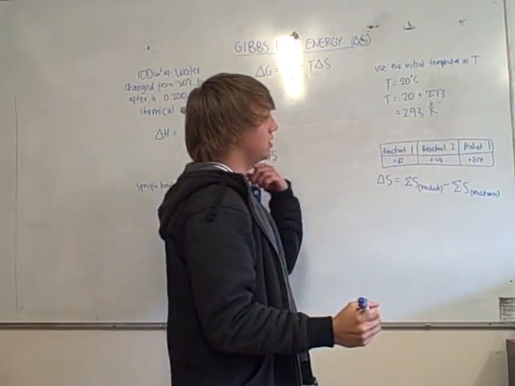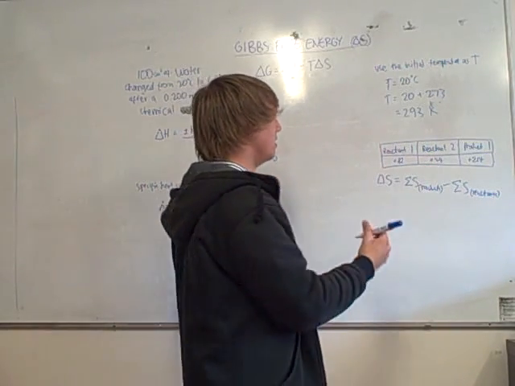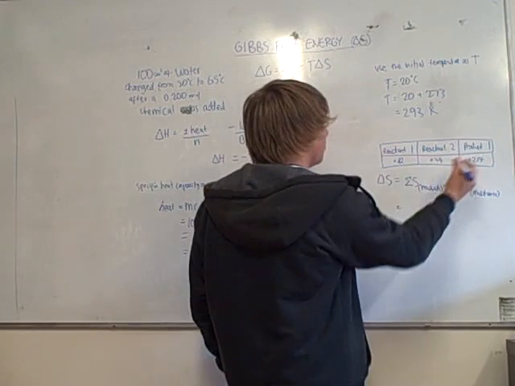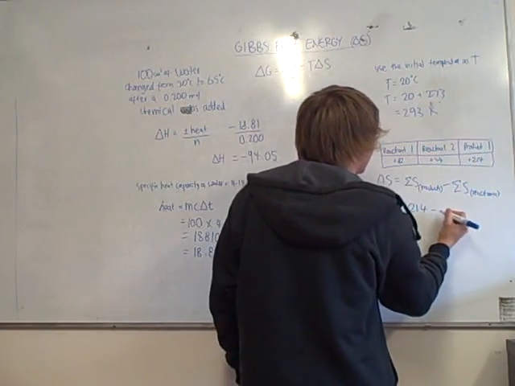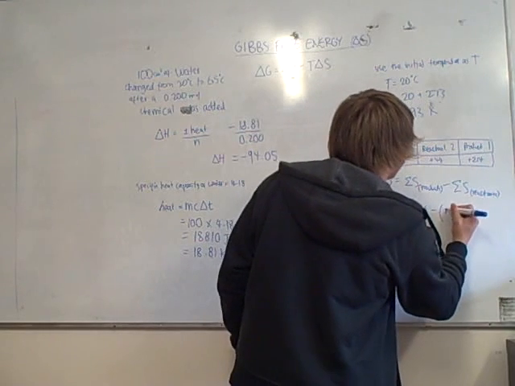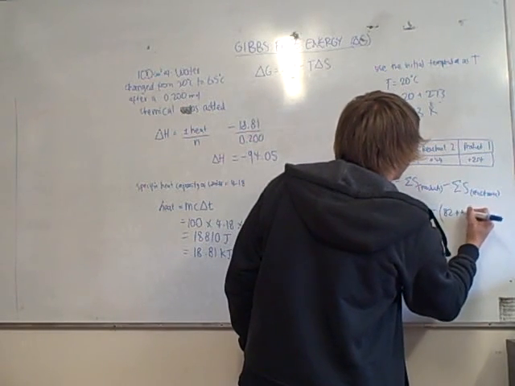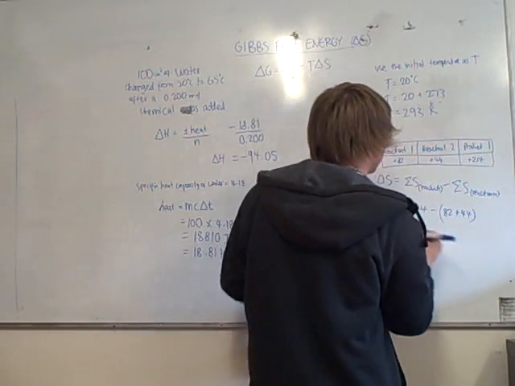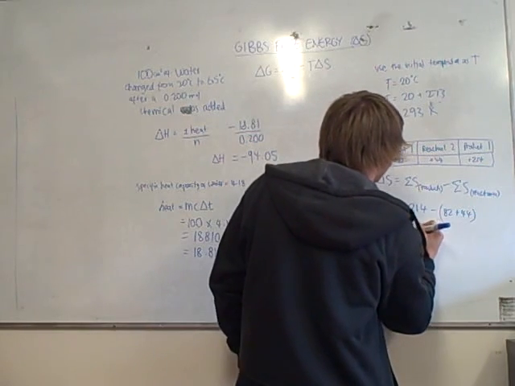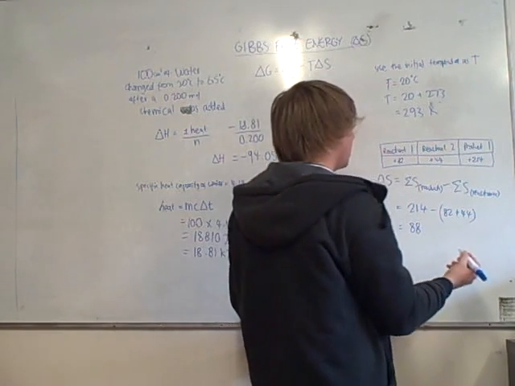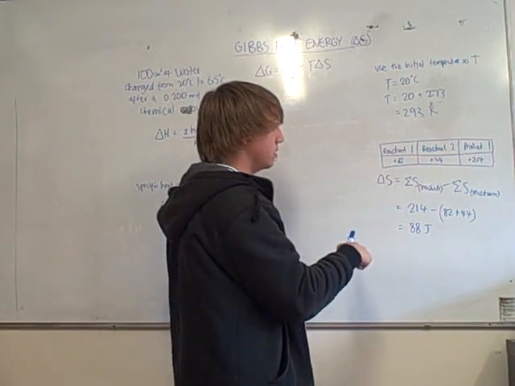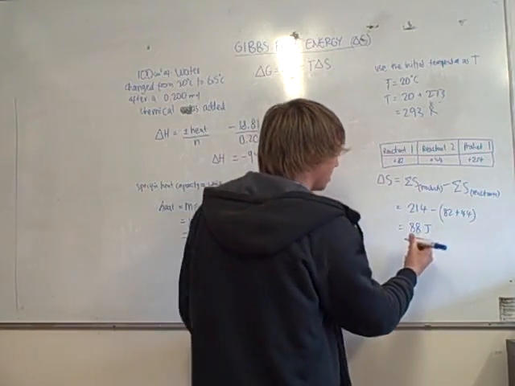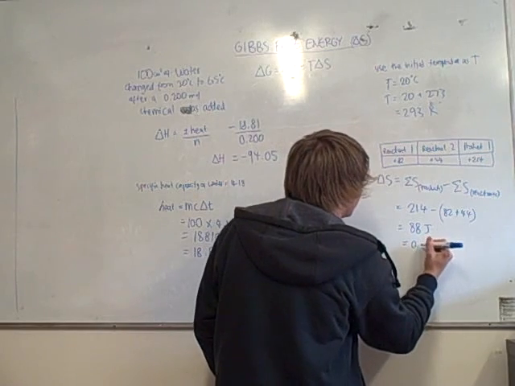If we're going to use these numbers here, products is 214, then we have to take away 82 plus 44 as our reactants, and that gives us 88, and that is joules. And then we need to make that into kilojoules, so we need to divide that by 1,000, which equals 0.0